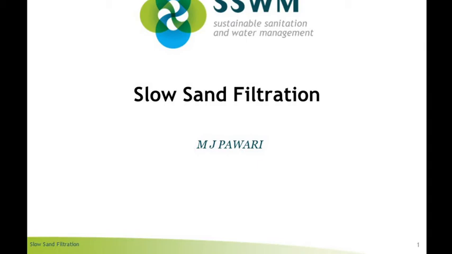If you are considering the rapid sand filter, this system has a special type of drainage system, because for cleaning the filter we require the backwashing process, and for backwashing we need a different drainage system. So the drainage system provided for the slow sand filter is different compared to the rapid sand filter. In the slow sand filter, the drainage system consists of the lateral drain and the central drain, and water is collected from the lateral drain into the central drain.